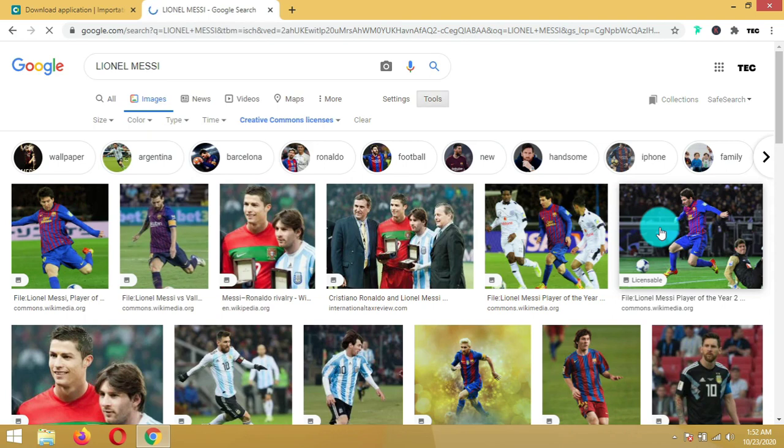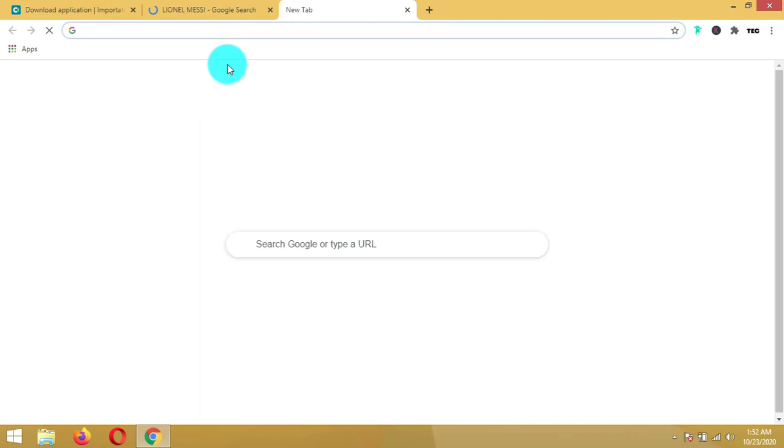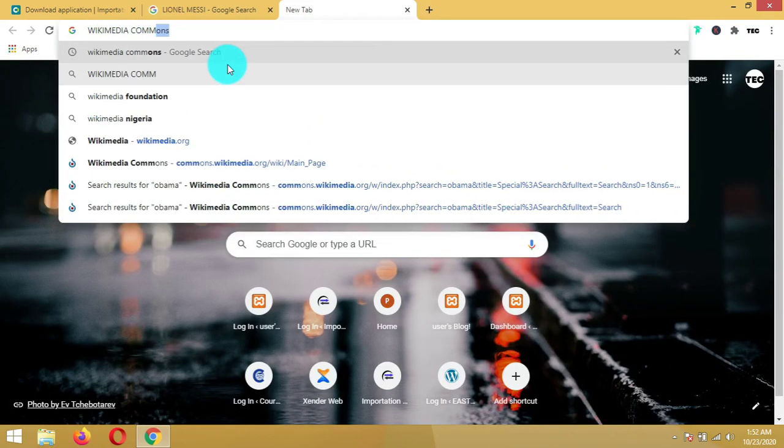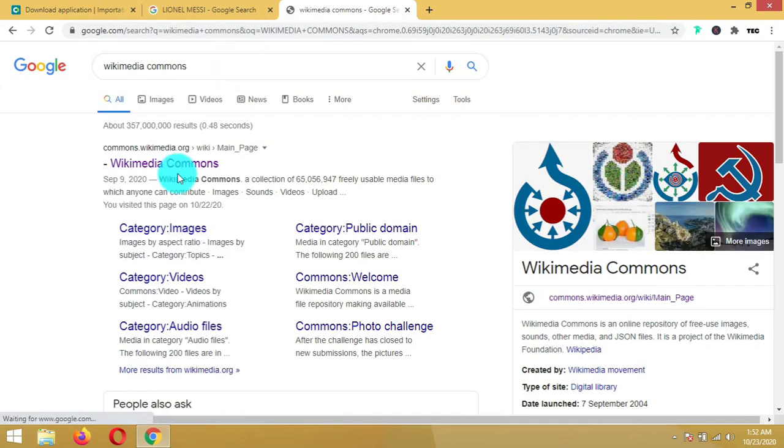The second way you can get copyright free images is using a database of images known as Creative Commons. It's actually Wikimedia Commons. Yes, this.